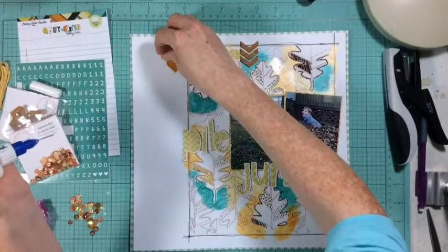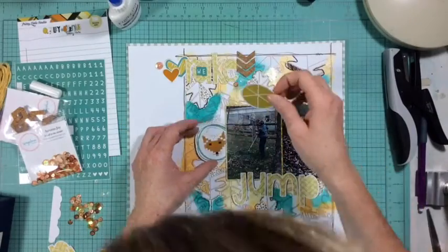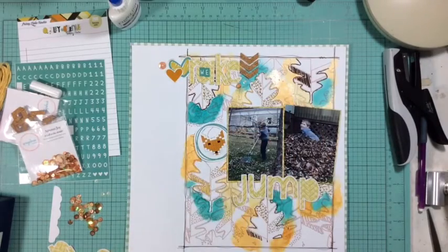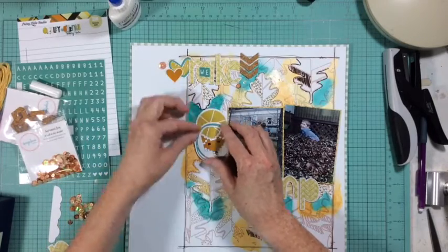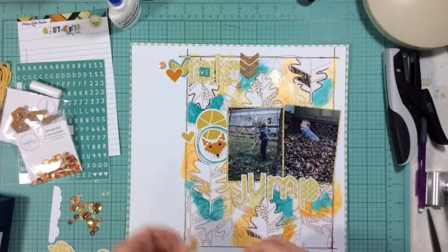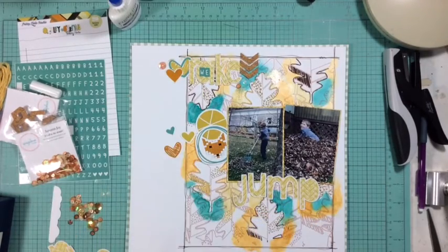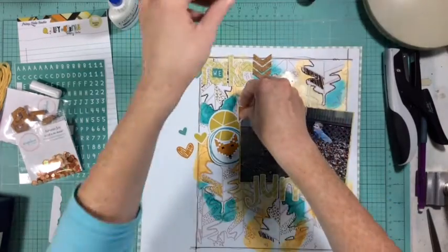I love it. So here I just have my first cluster kind of together with the chevron arrows, and now I'm going to work on my second cluster. This is going to be the biggest of my 3 embellishment clusters, and I just don't like that little gappy space above the fox. I really wanted to use the foxes. I have a flare and a die cut, and I wanted to use them both on this layout, so I'm just kind of filling in that background piece. I didn't like the sketch lines in that hole. I wanted to have something that would fill it completely. I'm going to use lots of little hearts on this page. I'm going to use these little corner